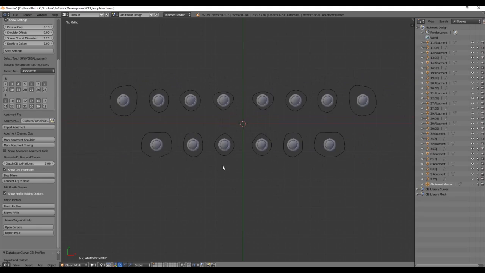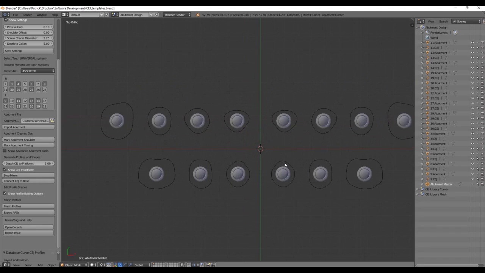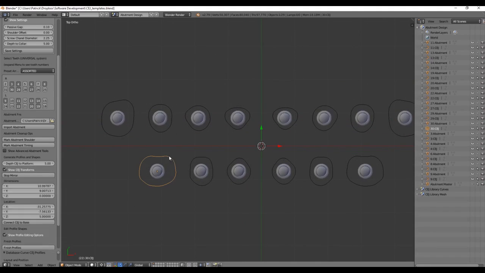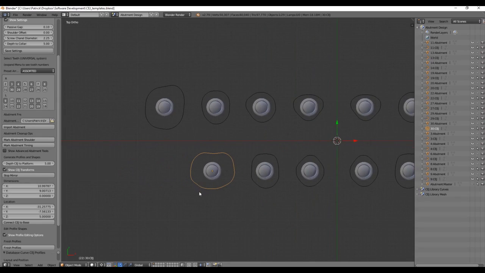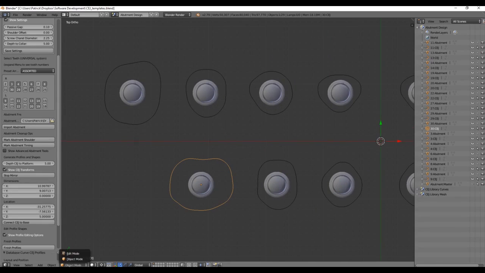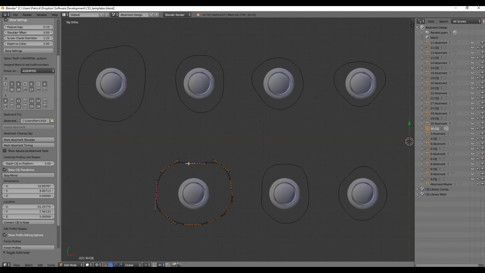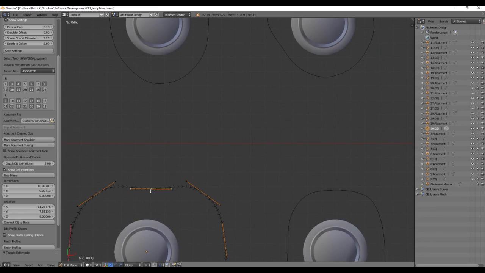Select a profile that you would like to alter. I'm going to change the lower molar here to make it more square instead of a pentagon. So once you have it selected, come here to this little object mode menu and change to edit mode. When you do that, you'll be able to see that this curve is created from control points and handles. The control points are in the middle and the handles